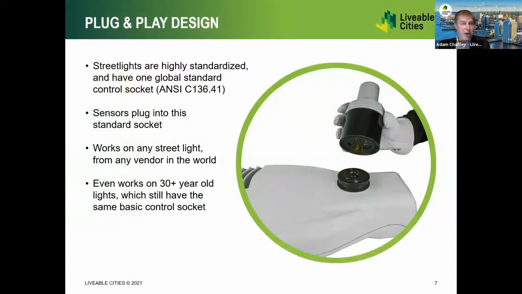For those of you that aren't as familiar with roadway lighting technology, here's an example of a typical street light. That's an LED street light. And in North America and in a number of countries around the world, most of those street lights on our public roadways have a similar socket that you're seeing on the top of this particular one. That socket is a standardized interface that we can traditionally use to locate a photocell type sensor that'll turn the light on at dusk and off again when the sun rises at dawn in the morning.